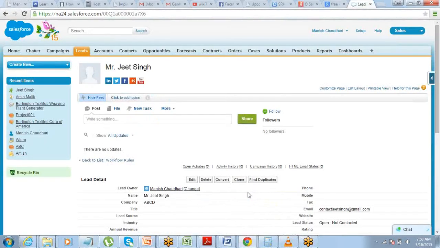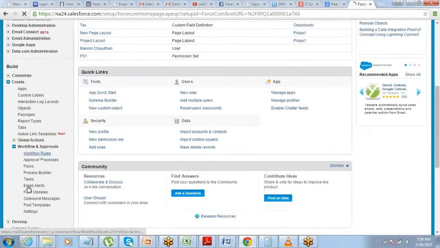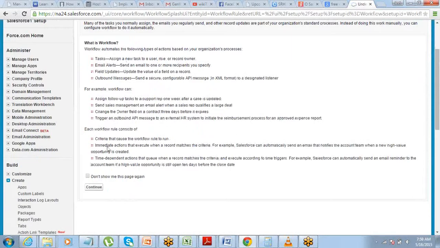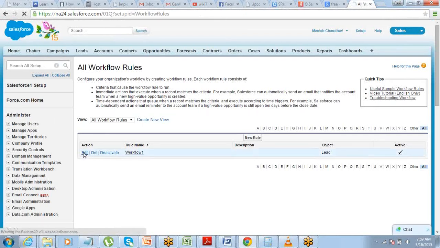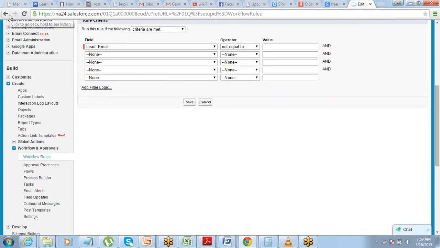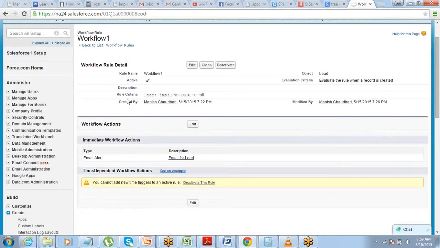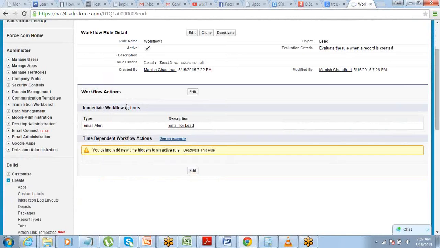Now, just going back to the workflow rule once again. In the workflow actions, you have another type of action which is called time dependent action.